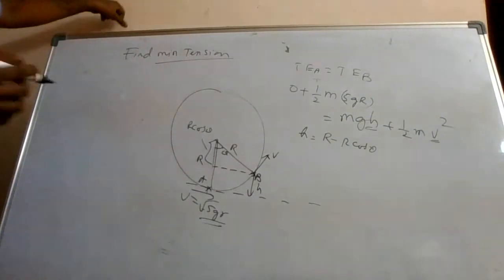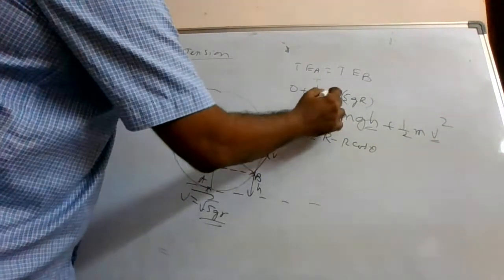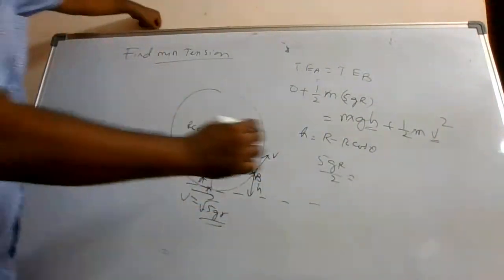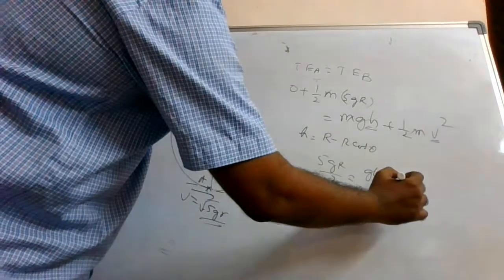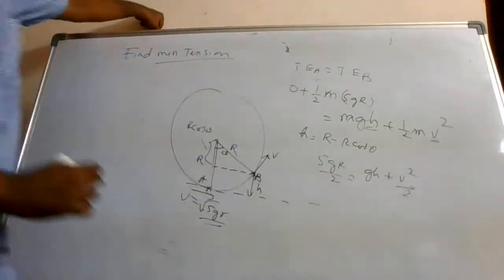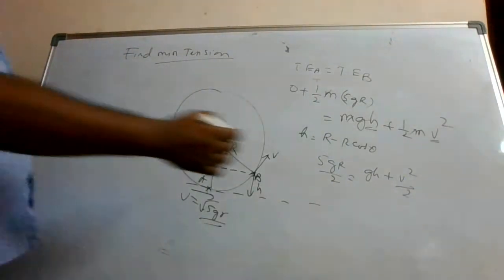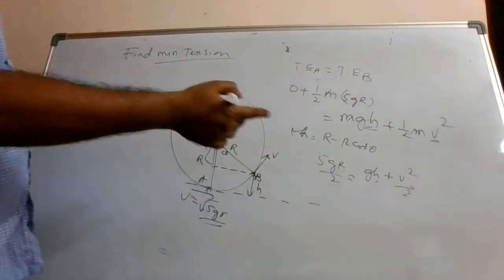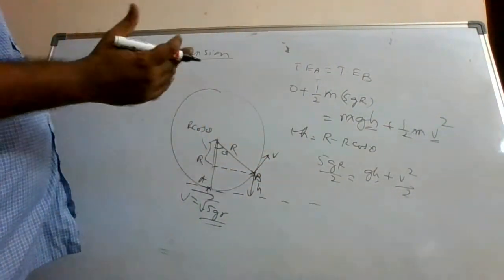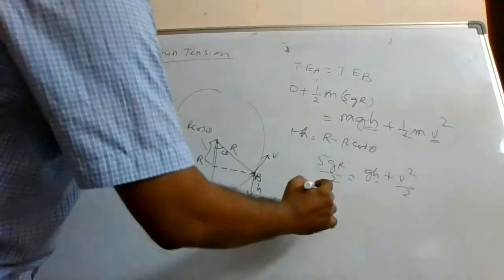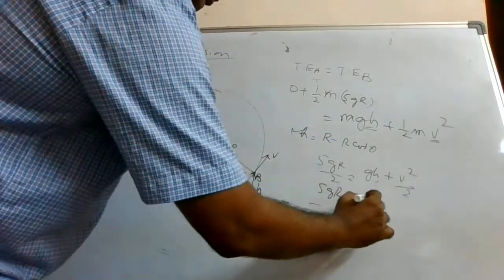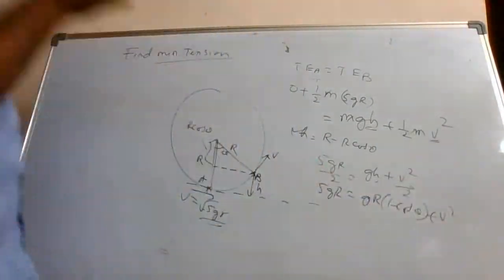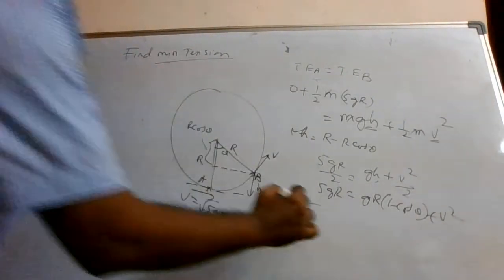So simply put it. This was the equation, cancel out m both sides. So you are getting 5gr by 2 is equal to g into h plus v square by 2. And you have to find out the value of v, and in the place of h, you need to put this. That's it. So we can get a formula also, if you want to remember it in terms of a formula. Multiply both sides with 2. So you are getting 5gr is equal to g into r (1 minus cos theta) plus v square. So what is the v square value now? So v square will be equal to